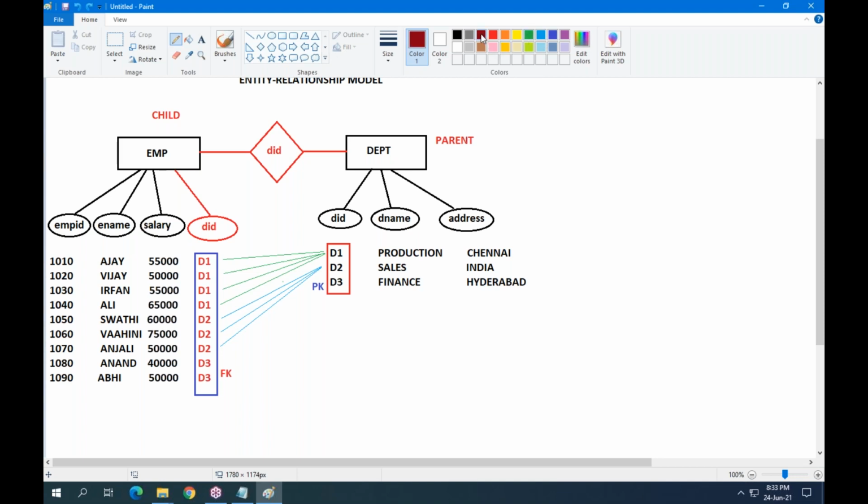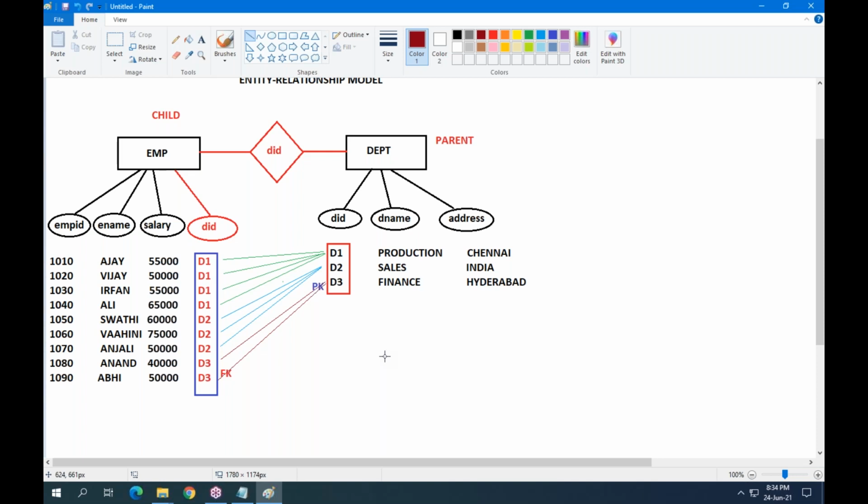Under finance department, you have two employees, Anand and Abhi. These two employees work under finance. If you have a relation like this, then it is easy to get complete information. Otherwise, you are missing some information.